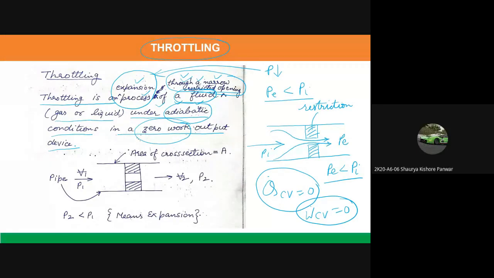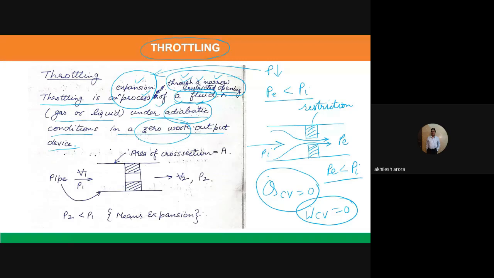Syringe. In the case of a syringe, what you are doing is forcing the fluid to go out. You can say that in a syringe also there is a larger area where the fluid is available, and when you are pressing from the back, it's passing through a smaller area. So yes, that can be an example of throttling. But you may not have a syringe at your home if your parents are not doctors.